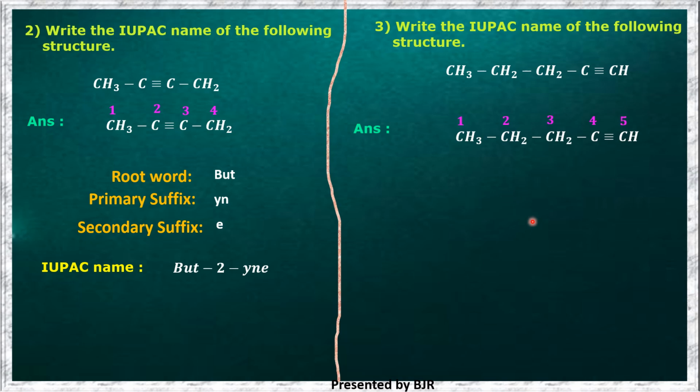First I am giving the numbering from left to right. If I give the numbering from left to right, the fourth carbon is bearing the triple bond. If I give the numbering from right to left, the first carbon is bearing the triple bond. So this one is the wrong numbering, this one is the correct numbering, and the root word, the chain contains